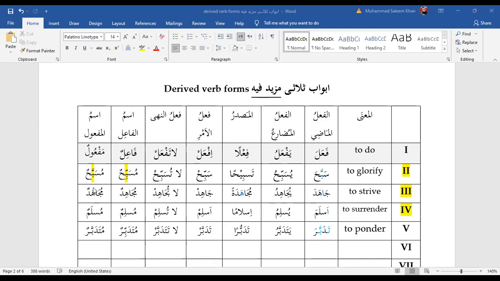So all of them, the mudari will be on the pattern of yaf'alu. And masdar always changes, as we know that for the first form of the verb, the masdar is not fixed. For number 2 up to 10, the masdar is fixed. But for the first one, it is not fixed, so it always changes. For example, fa'ala, yaf'alu, fi'lan. Do you remember the masdar of dakhala, yadkhulu? Does anyone remember the masdar of dakhala, yadkhulu?